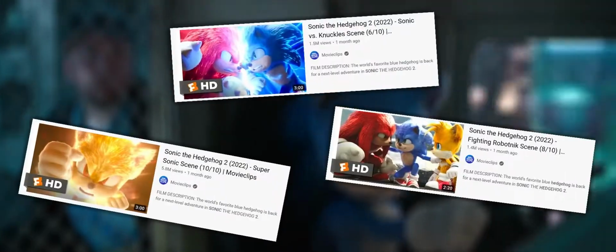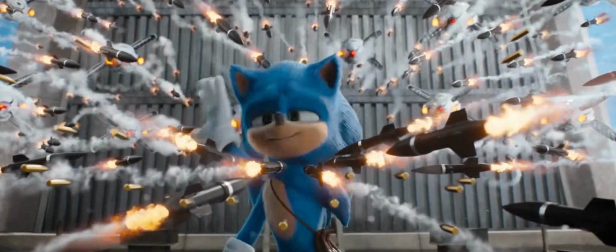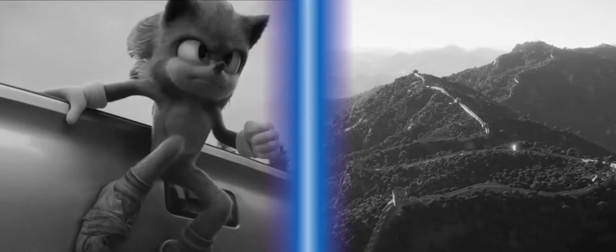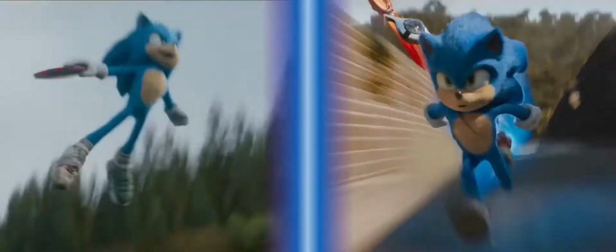And I was right. For context, the rooftop missile chase scene from the first film somehow has 31 million views. And although that scene is awesome, there are so many amazing action-packed moments that exceeded in the sequel. Where the first film had its variety of fun moments like the car chase and Sonic running around the world,